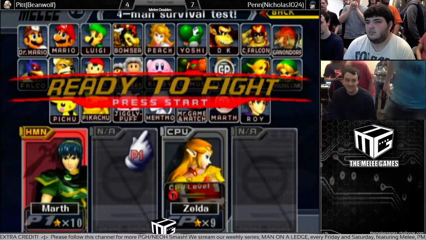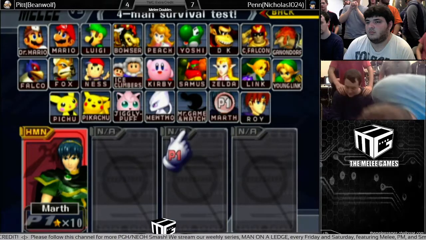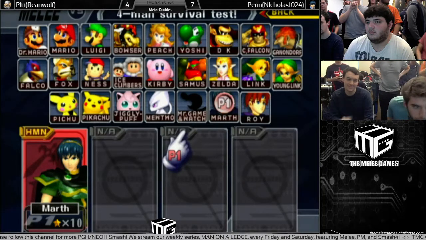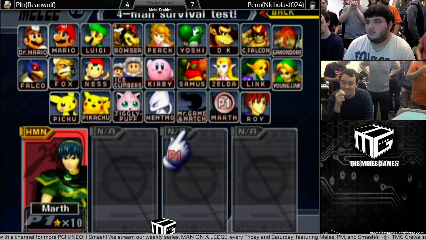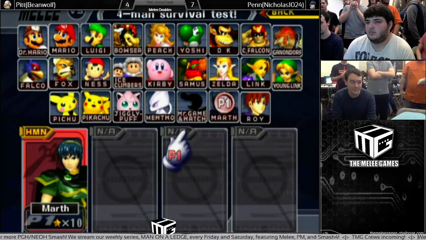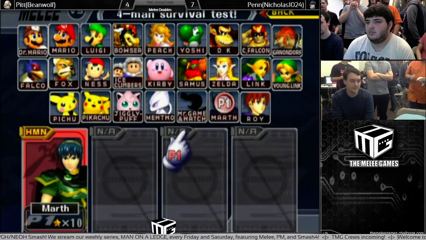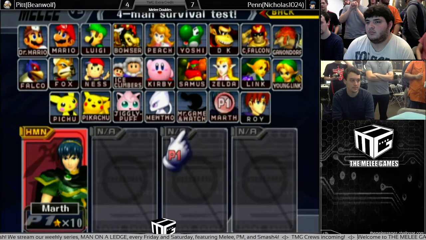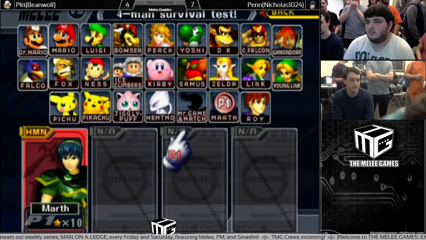So we got 6 stocks for Penn. 4 stocks for Pitt. Bit more than I'd like to have a bait take, but see what happens. 2 stocks of Marth and 4 stocks of Peach, neither of which I think bait is known to destroy, right? He's pretty good at the Sheik matchup. Okay. Peach. Peach? But